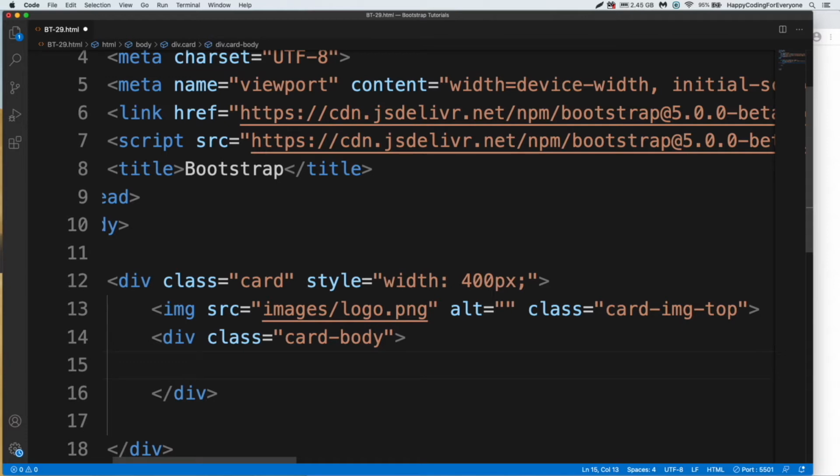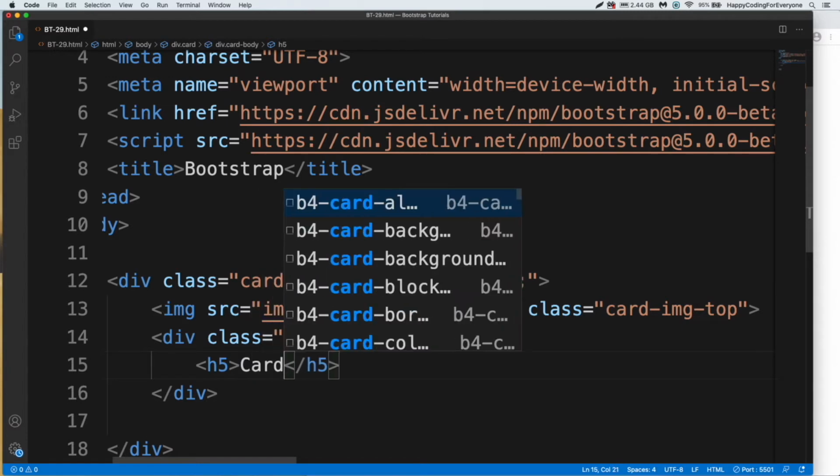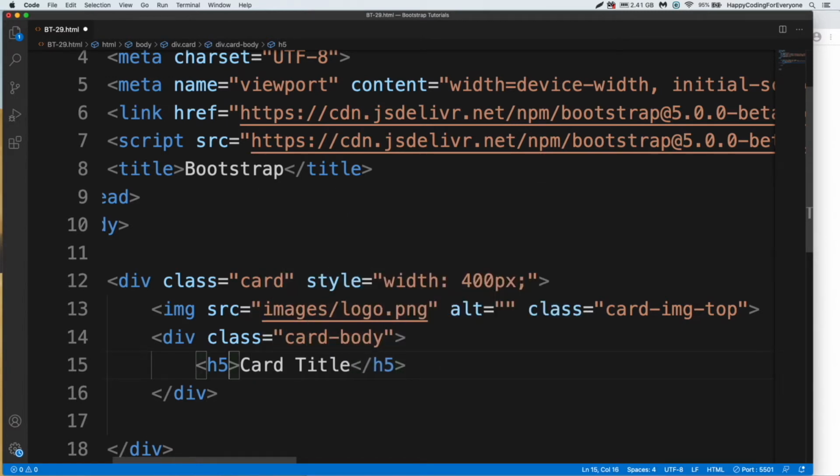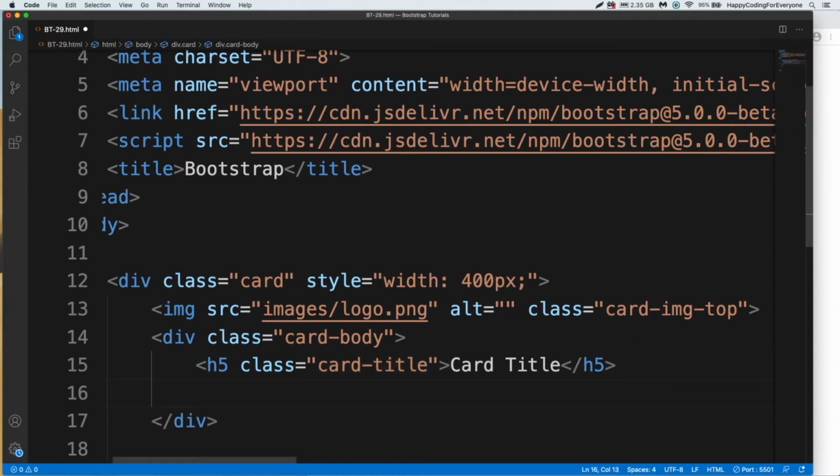I need h5 tag, card title, and let's assign class for h5 tag, card title. And let's create a p tag for card text, class name card text, and let's add some text,